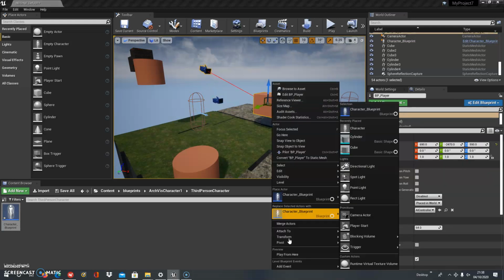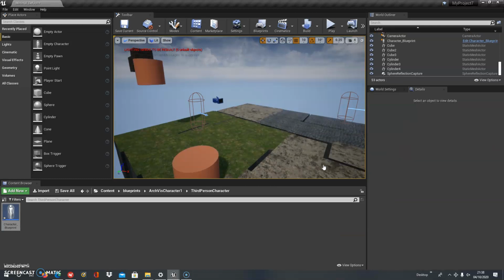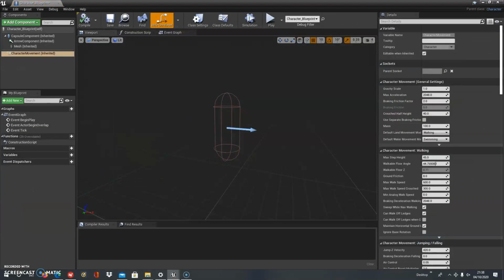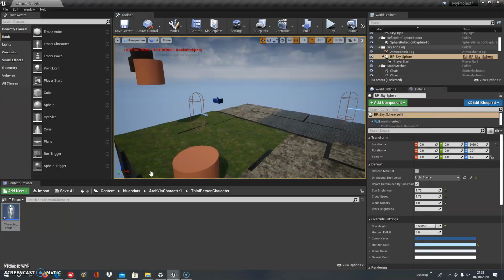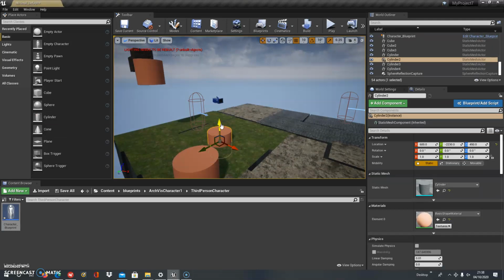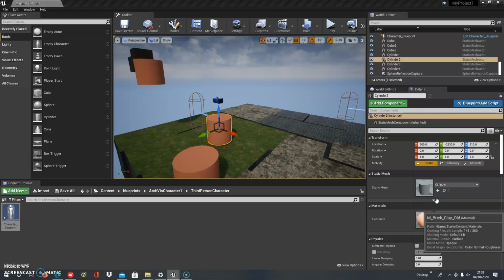Now this is already there, but we are going to delete that one. Let's just use, like, I already know how to actually get into the character. Maybe if we try to add the cylinder there and add this texture,